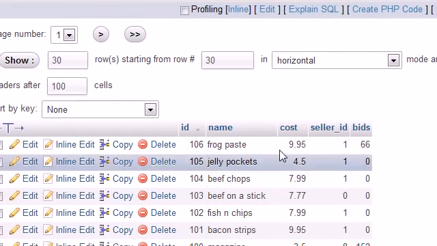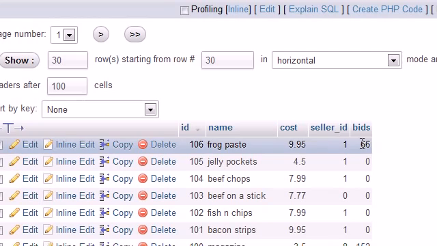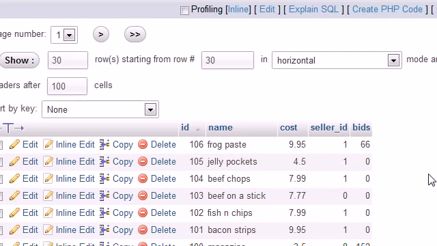So we're going to make sure it says frog paste and bids 66. So that is not only how you update items, but also how you update an item with multiple columns at once. So now I want to teach you guys about delete, and you guys are thinking, okay,